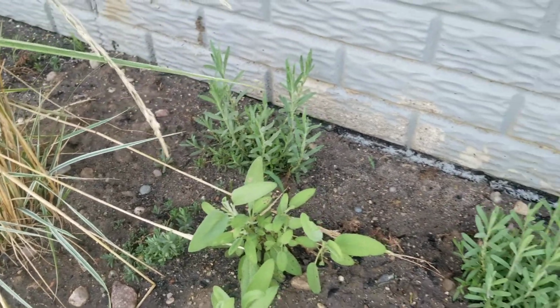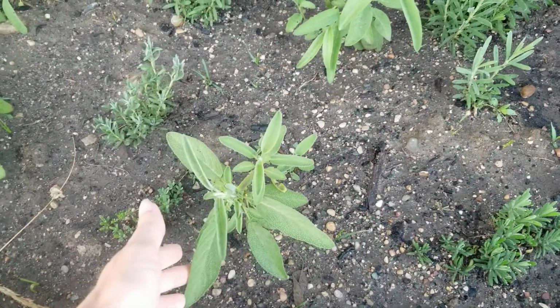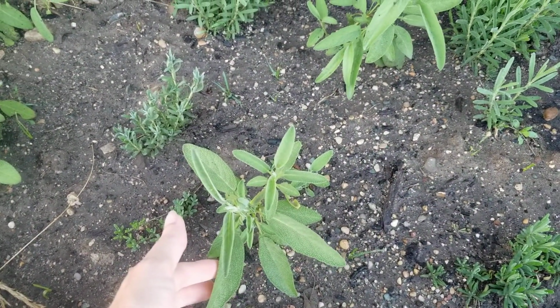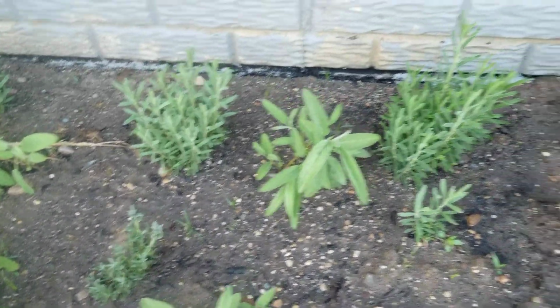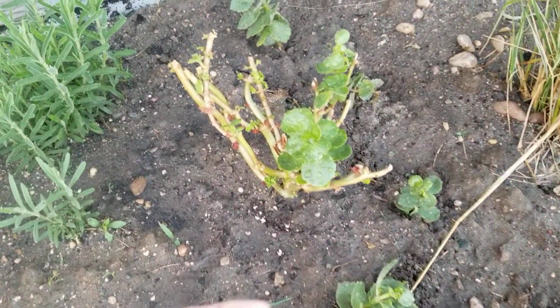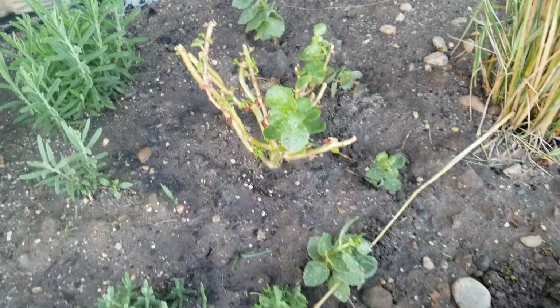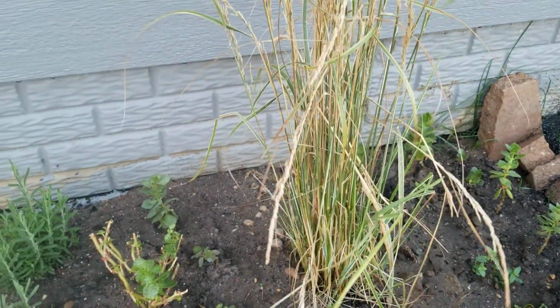But along with these lavender plants, I've got some sage that I've propagated from a larger plant and used some rooting hormone to get those going. I also recently moved some, this is called Flaming Katy, and this produces some pink blooms. We've also got some prairie reed grass,